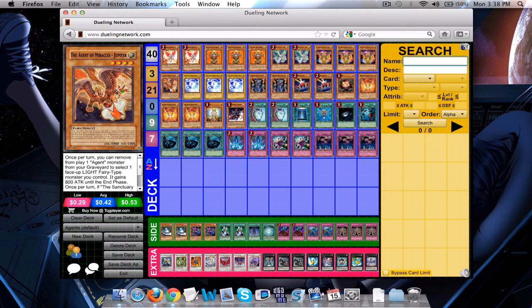And by putting in Jupiter, it gives me a 6th agent, and it also helps to set up the graveyard for Christia, because once per turn I can remove from play an agent from my graveyard to increase a face-up light fairy type monster's attack by 800. So if I have a 5th fairy in grave and I banish one of the agents, that'll put me to 4, and then I can drop Christia, and usually from there I can win. So he's just to kind of toolbox the graveyard a little bit, in addition to set up for Hyperion Christia